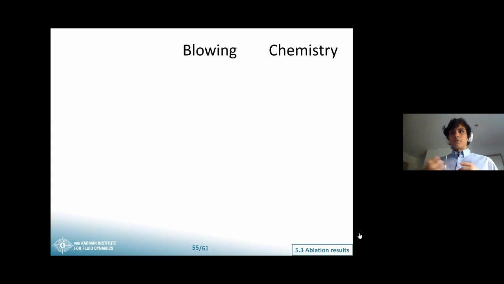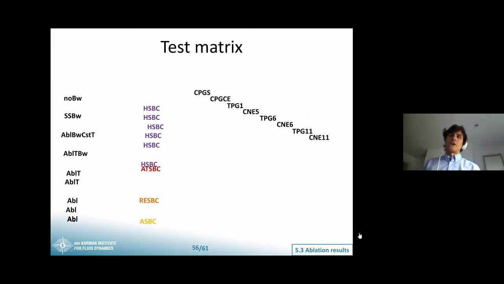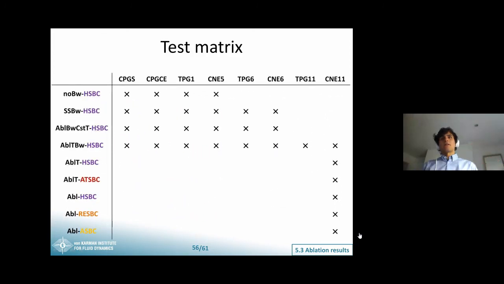So again, what we did is we took 4 points in a space return atmospheric mission, and again we got a bunch of different flow assumptions and boundary conditions in order to effectively decouple the different phenomena that were going on. So if we arrange our flow assumptions here on the different columns, the boundary conditions at the different rows.